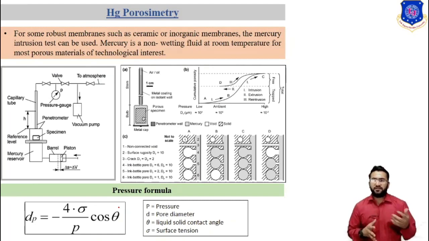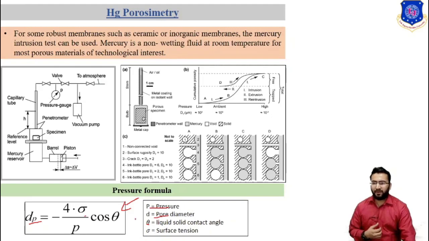For some membranes, such as ceramic or inorganic membranes, the mercury intrusion test can be used. Mercury is a non-wetting fluid at room temperature for most porous materials of technological interest. Using this formula we can calculate the mercury pressure, where P is the pressure, D is the pore diameter, theta is the liquid-solid contact angle, and sigma is the surface tension. Using this formula we can calculate pressure or pore diameter by gradually increasing the pressure